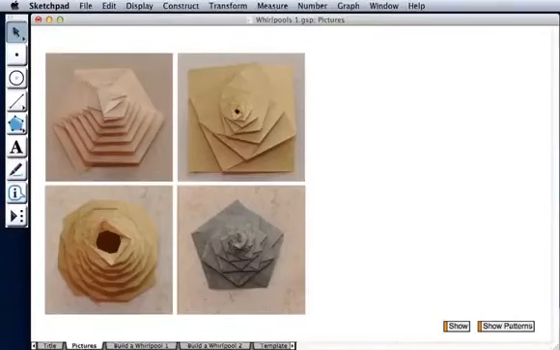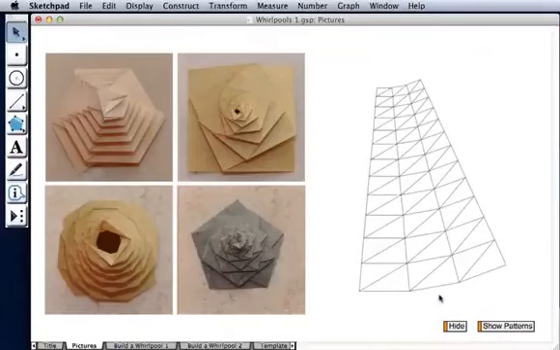Each one starts from what is known as a crease pattern. A crease pattern is a set of lines that serves as a blueprint of sorts for the origami model. For example, the crease pattern for the whirlpool in the upper left looks like this. By printing this design on paper, cutting it out, and folding along the lines, the paper can be collapsed to